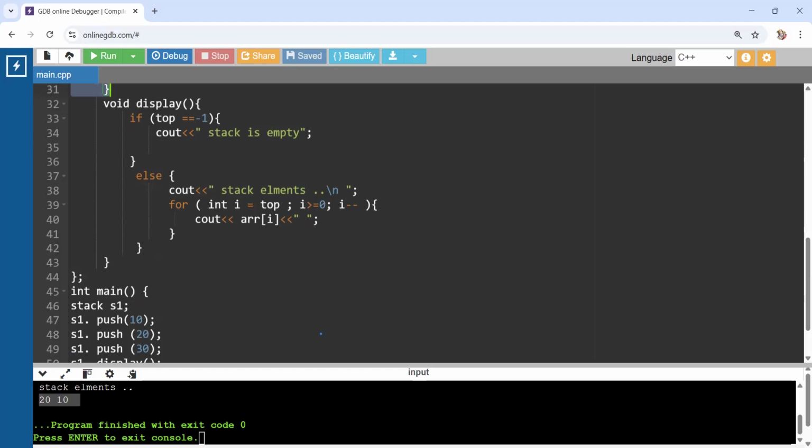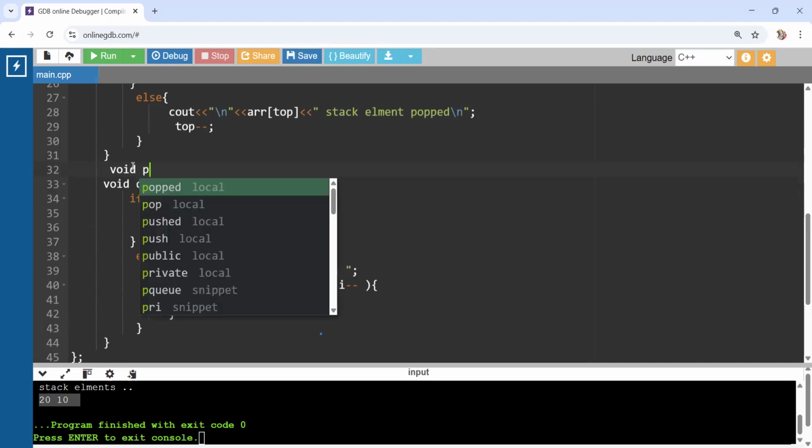There's more operations as well. We can check the element at the topmost. Okay, at the topmost stack element we can check. How we can check? With the help of function name as peek. Okay, so we can create peek element, peek function. How we can peek? Means we will simply write top element as array top, and we can do means calling it. Okay, so I am writing also here a function